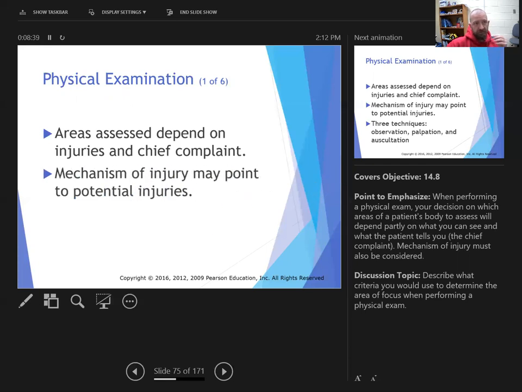Now, mechanism of injury may point you to other places, right? If somebody fell down the stairs and tumbled and they say, "Oh, my arm really hurts," well, maybe multiple points on their body made contact with the stairs as they were rolling down. So that might give you an idea that, all right, the patient is saying their arm hurts and we're going to check that out first, but maybe I'm going to check other places too,